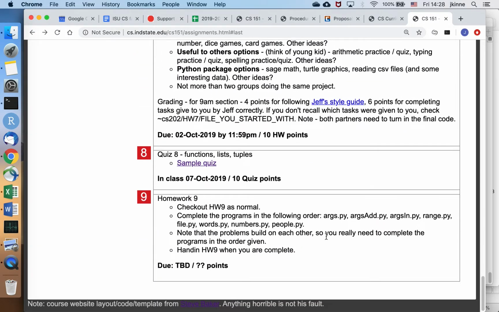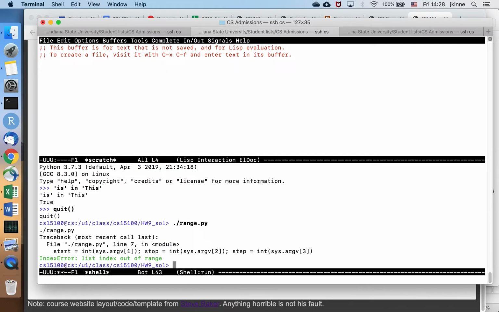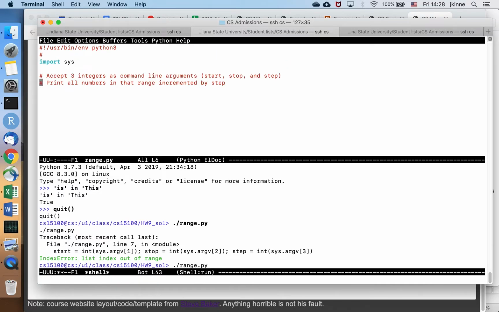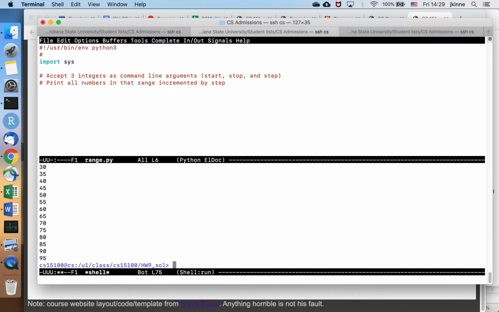Go back here and see the next one we're supposed to work on is range. Okay, so range. Let's look at what range is supposed to do. It's supposed to take 3 command line arguments, start, stop, and step, and print numbers in the range. So there it printed 1 up to 9, but if I do, let's say, 5 to 100 by 5s, it's using the range function and a for loop